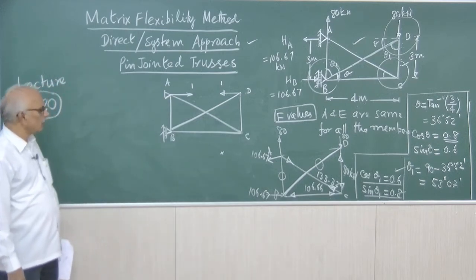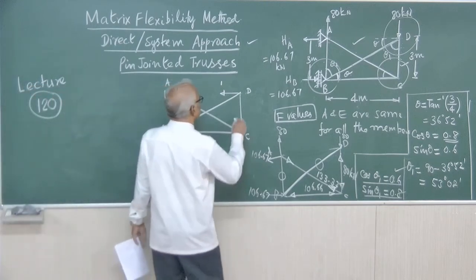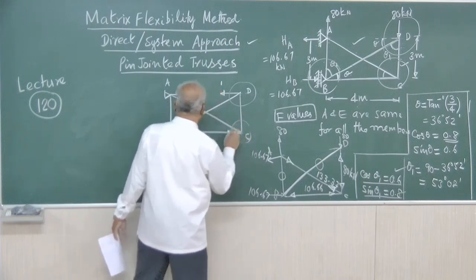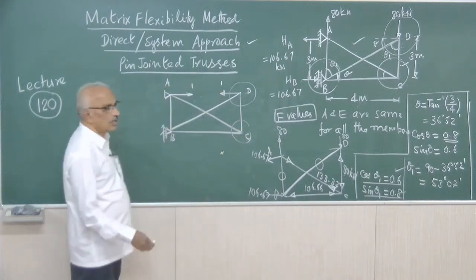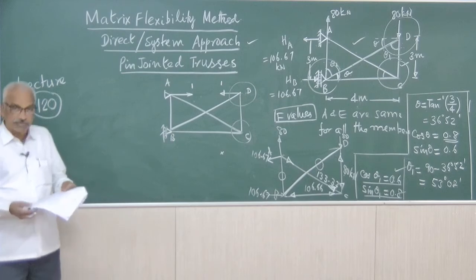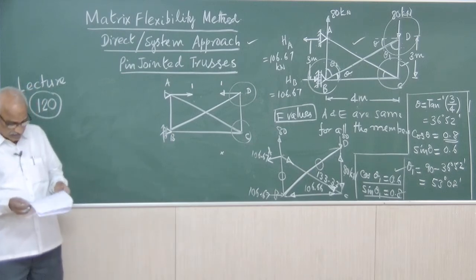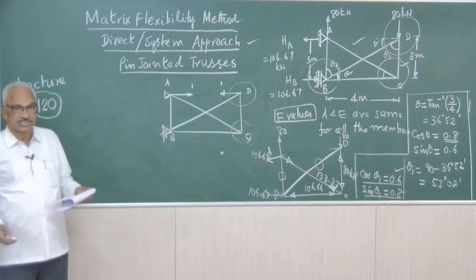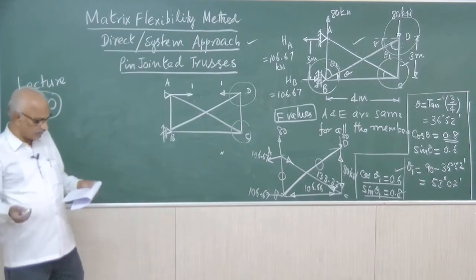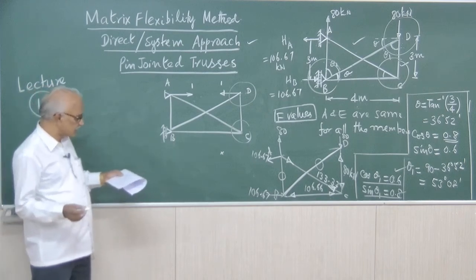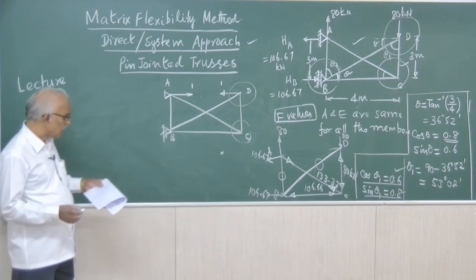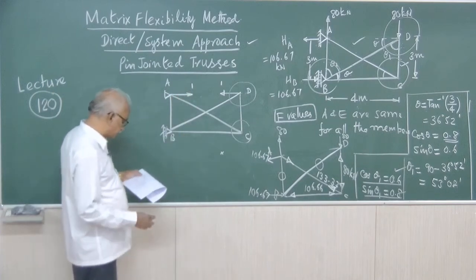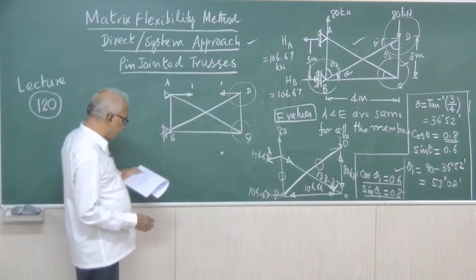Right. Now, we have to do the analysis by method of joints. So, joint D, then joint C, then joint B, like that we have to repeat. So, I have got the complete calculations, but still it will be nice if I skip the calculations because now the viewers have become familiar with the method of joints. Right. When we do the analysis for this unit force, the following will be the forces.